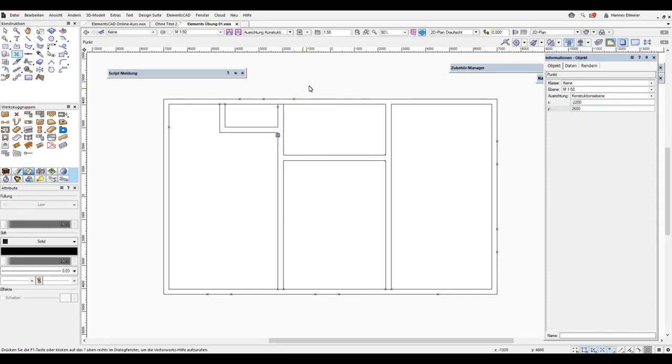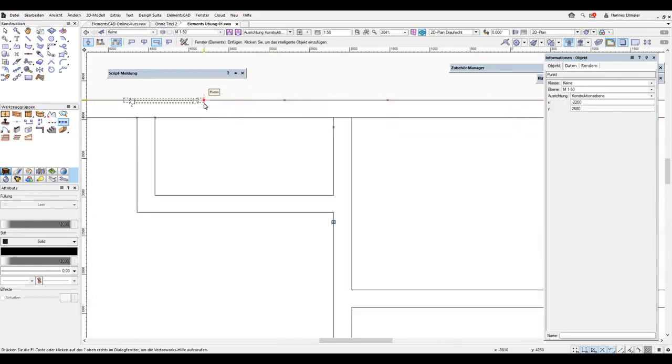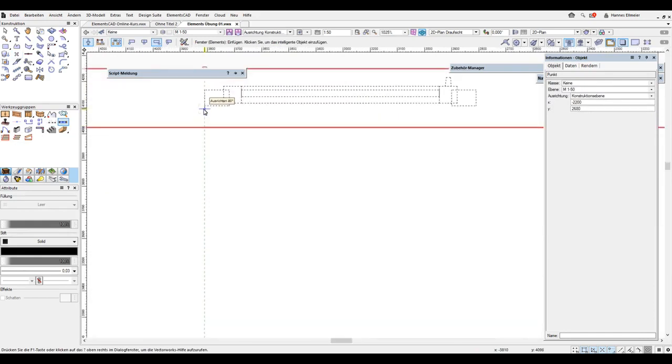And with that, we have completed the positioning, and now we can use the ElementsCAD tool group to insert the windows and doors. Here, all I need to do is to lower these points. It is important to see the corresponding walls in red, and we can only achieve that when we are inside the wall. Now, with a click, I can first place the wall here, and with a mouse over,